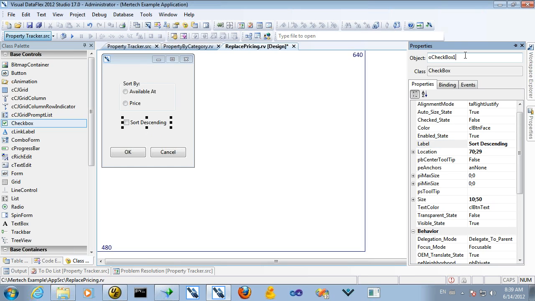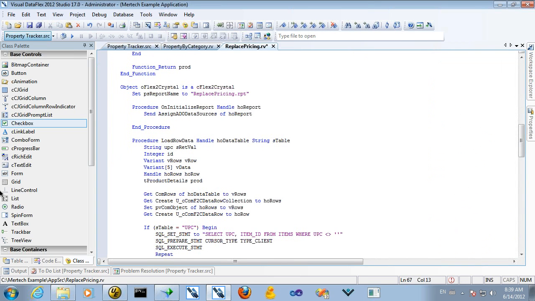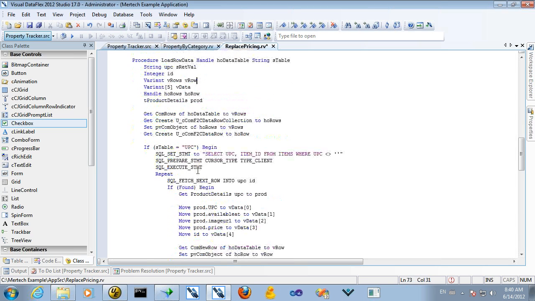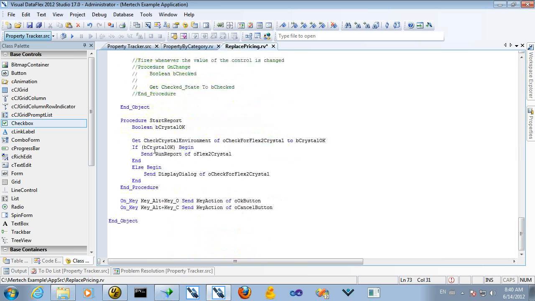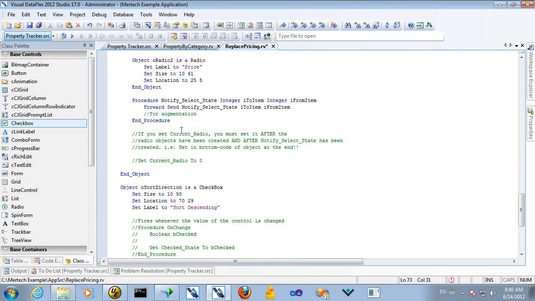We'll just have a checkbox, turn that on, and we're going to name this sort direction. Okay, so now we have our UI. Let's go back into our code here and do what we need to do in onInitialize report to get this all linked up. We need to do one other little thing here just to make our lives a little easier and a little clearer. Okay, inside of our radio group,